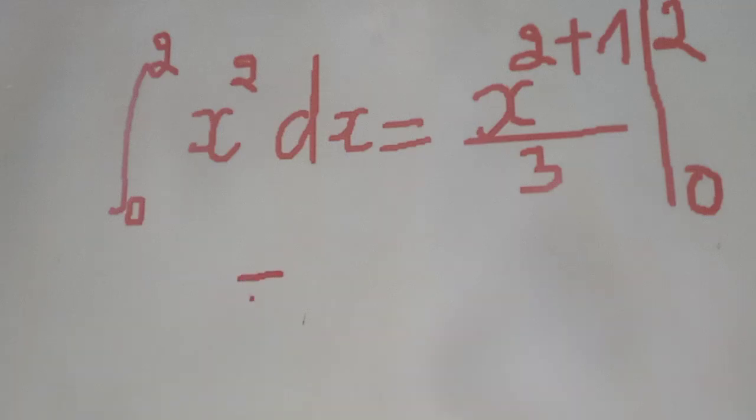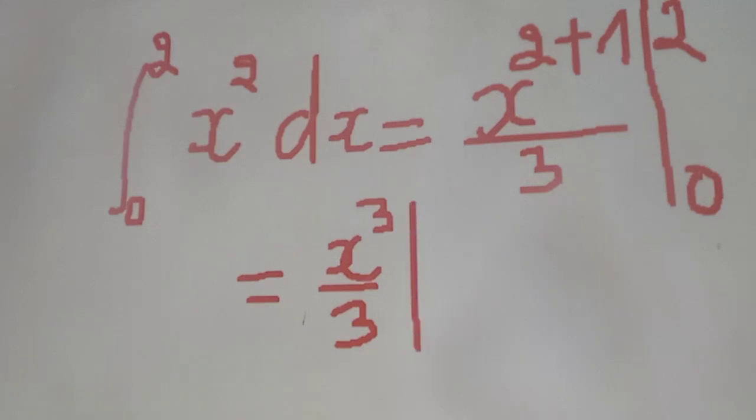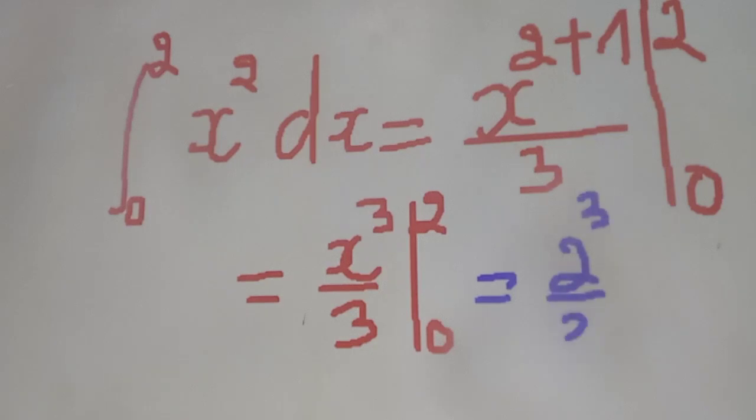Now we get x power 3 over 3 from 0 up to 2. When we replace those values, we start with the upper boundary, where we replace x by 2, we get 2 power 3 over 3 minus 0 power 3 over 3,